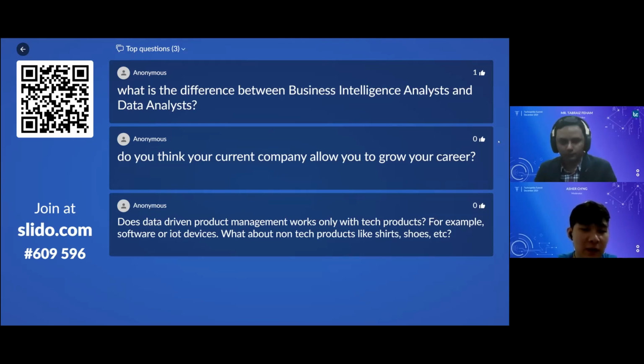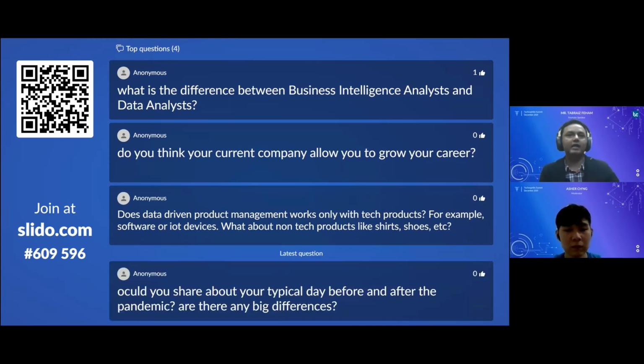What is the difference between business intelligence analyst and data analyst? Yeah, the business intelligence analyst is actually a level above compared to data analyst, because data analyst is actually working with the data, slicing and dicing, collecting the data, cleaning up the data, and then loading the data into the platform. But BI analyst would be able to take all of this data, which is being prepared by data analysts, and tell a story. That's the major difference. So BI analyst will take this data and curate a story.